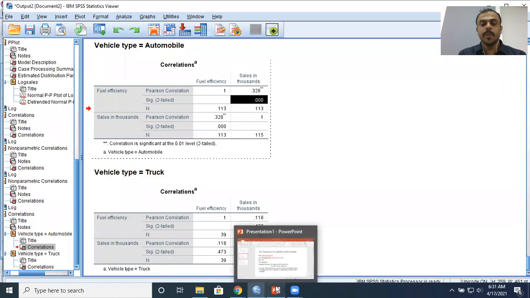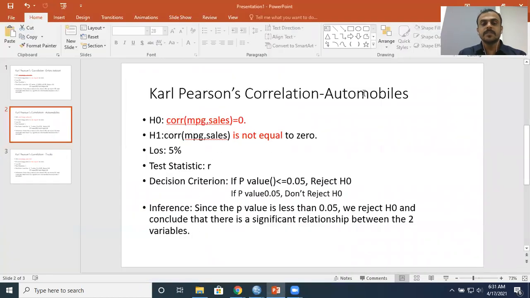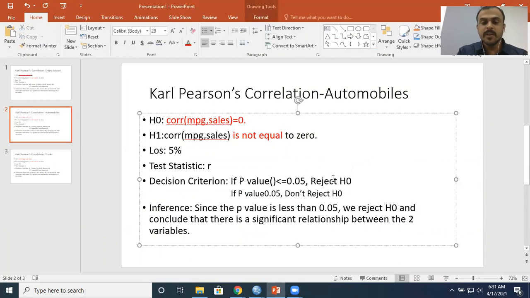I'll quickly open up my PowerPoint. This is my automobiles slide. The p-value that you have obtained just now is how much? The p-value is 0.000. We have had this discussion earlier. It may not be exactly 0.0. In the 15th or the 16th decimal somewhere, you may have a digit, but you don't need to worry. You can just look at the first 2 or 3 decimals. It's a clear indication that it is clearly less than 0.05.